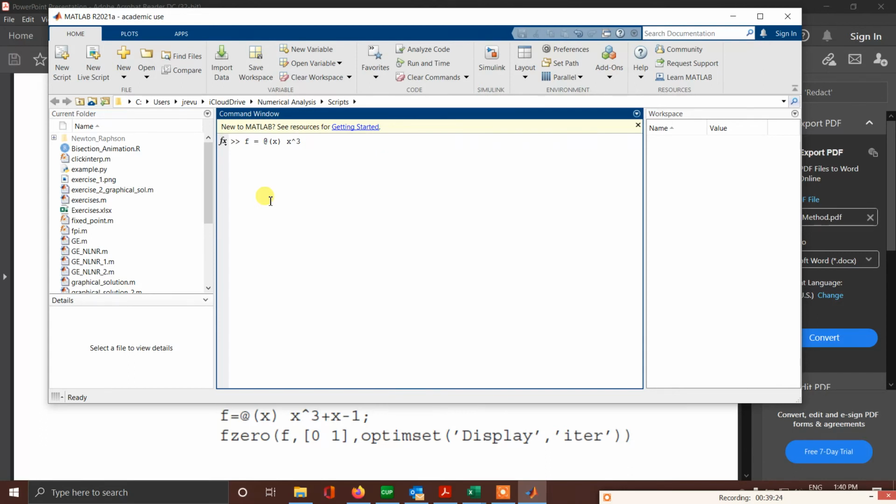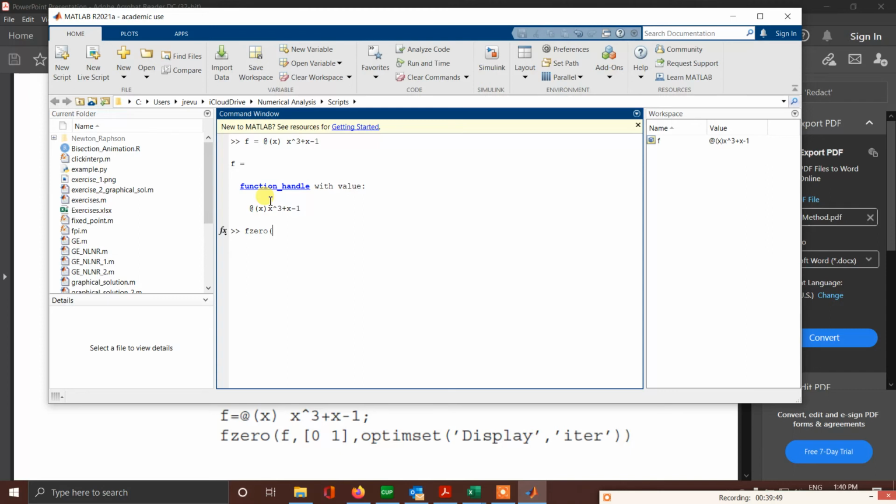So in general, the function to use is the fzero function. This is the f, that is the equation that we already declared. We have to provide a range. The range is going to be from 0 to 1, which is the bracket. It is the A and B bracket. And then comma, I'm going to give the